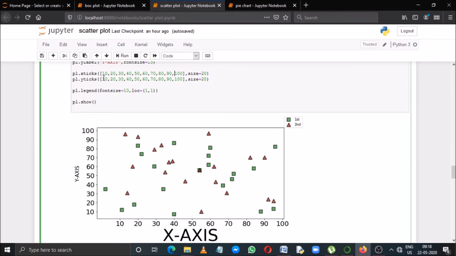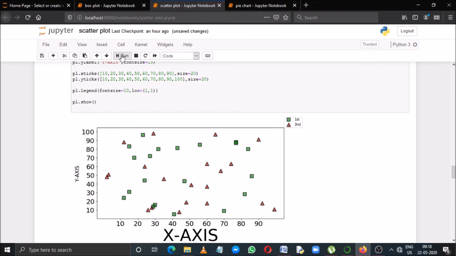As you can see, 10, 20, 30, 40, 50, 60, 70, 80, 90, 100. All these points will be displayed along the x-axis. Suppose if I change one point, it will also change. See, it will display up to 90.